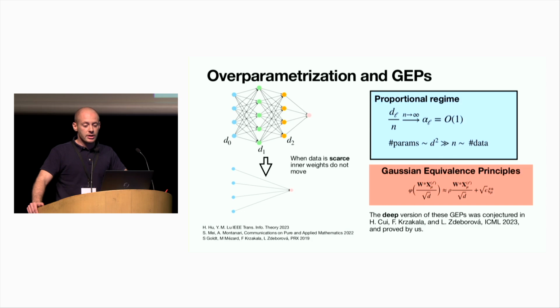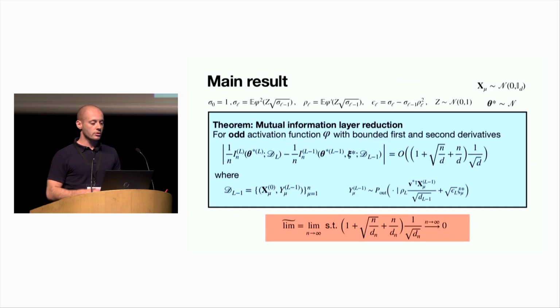You pay a price for this, and this price is the introduction of this extra noise that you see in the red box, it's this psi mu star. And then there are these two coefficients, rho and epsilon, that are related to the Hermite coefficients of the activation function phi, and they are the only memory of the nonlinearity that was there before in the model. And to what extent these Gaussian equivalence principles are applicable in the Bayes optimal setting in this proportional regime, to our best knowledge, was not clear before, so this is basically what we proved. We proved their conjecture and did slightly more than that. We went a bit beyond.